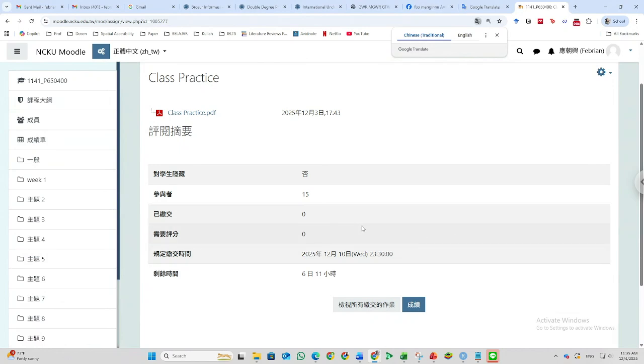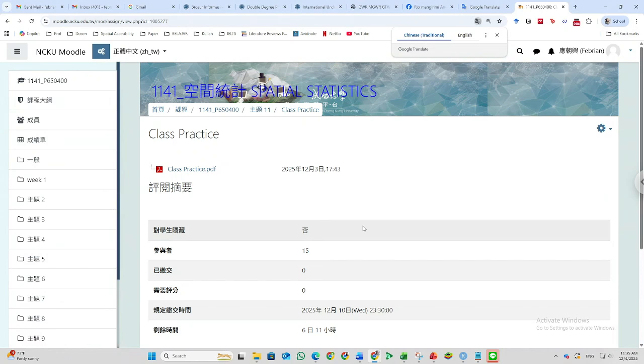That's it for the explanation of how to use R code to run the GWR-based models, and I have also explained the interpretation and the analysis. So you can practice using the same dataset but with different independent variables, report it in the class practice, and upload it in the Moodle.